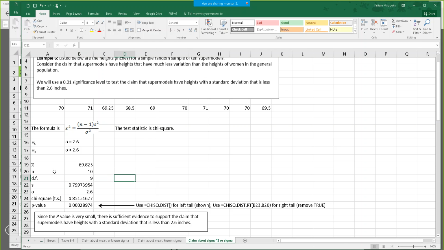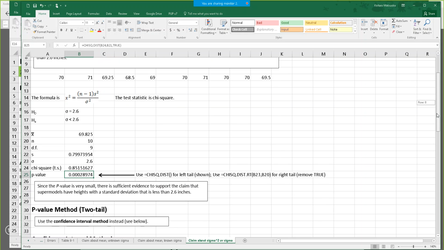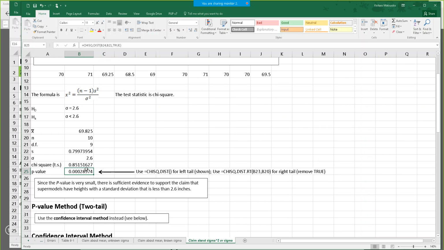If you type in the right numbers here, you'll calculate the correct chi-squared, and this will calculate the p-value for you. Okay. Less than. So this example is for the left tail. If you're looking at the right tail problem, just change this cell to look like this. Use RT and then drop the word true there to get the right tail p-value. Everything's the same, so I just got lazy and this is the left tail. But if you've got to do right tail, just make a change to look like this, and you get the